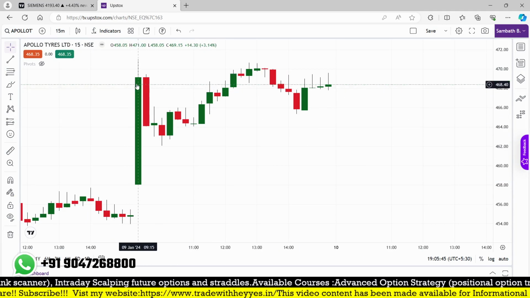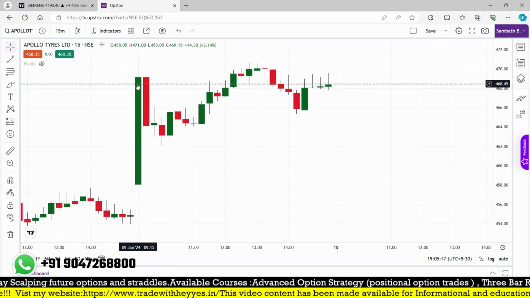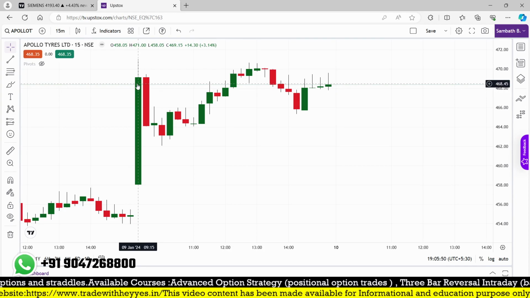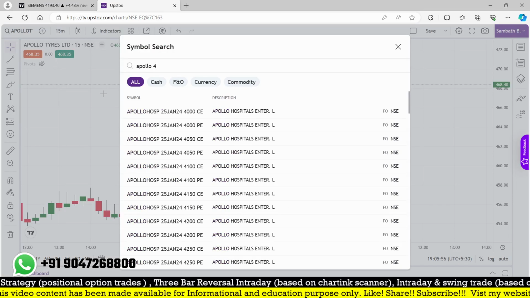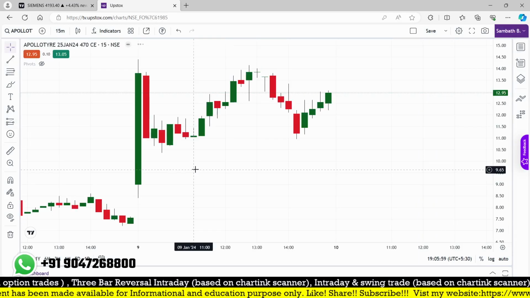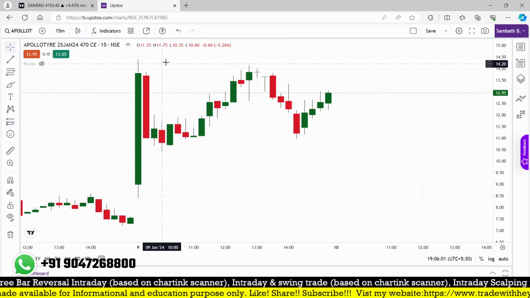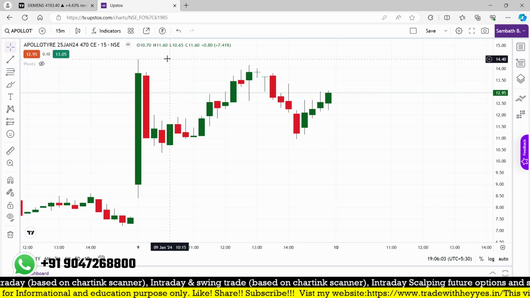So can you go for the trade in this first candle, 458 and 471? The close is nearby 470, right? A huge big candle, and I'm going to look for the Apollo Tyre 470 call option, and how much the premium. But it doesn't break the higher level in the option chart itself,